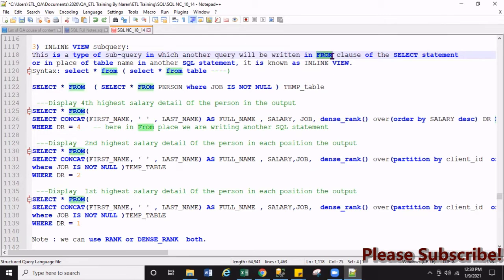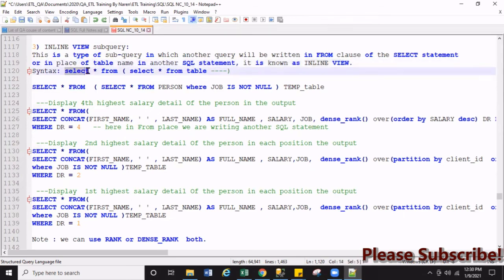So instead of the table name, write another SQL statement; it is known as an inline view subquery.